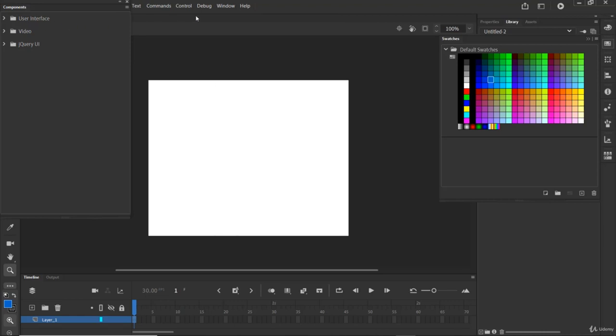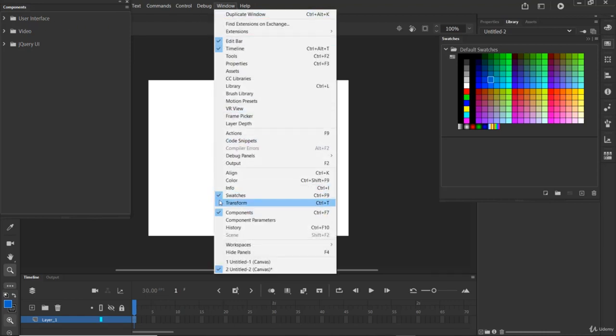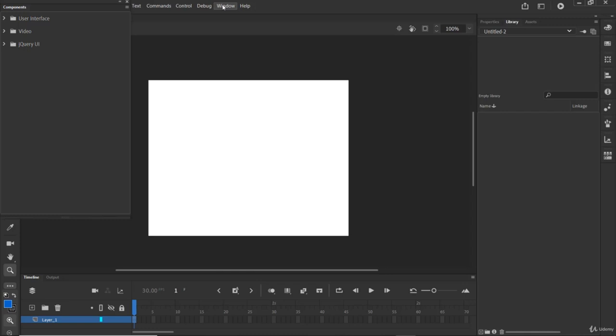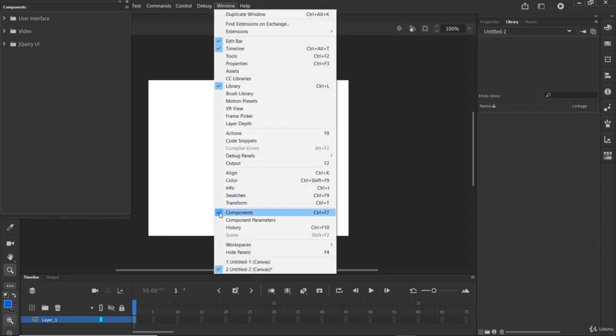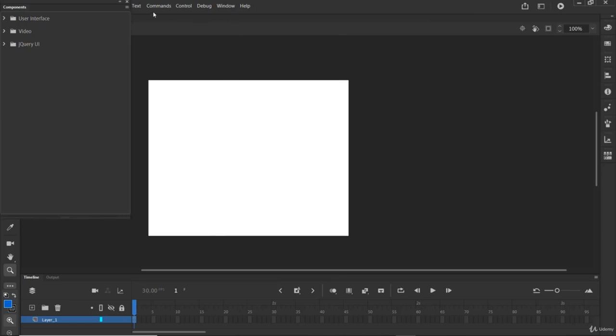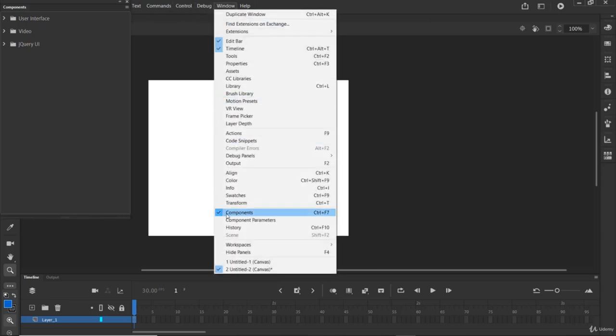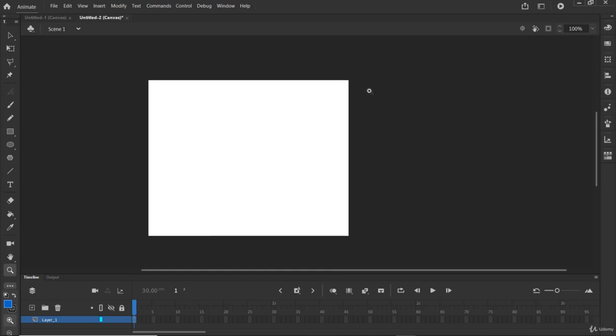Components are right here. So I'm going to remove all these different windows I've opened, but I think now you can see how you can add your own windows if you want to use any of them. So let's remove this component. But you can also find some of these components right here.